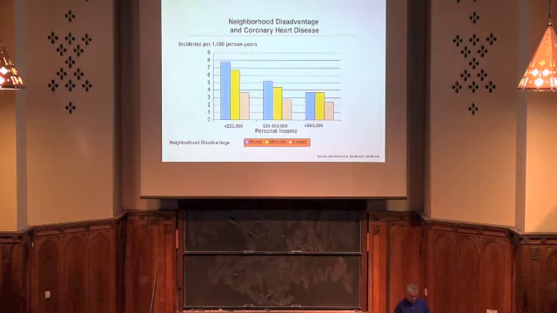And so here are the results for this study. This shows the neighborhood disadvantage in coronary heart disease. And this shows the level of neighborhood disadvantage. And this shows personal income groups. So these are the poorest people. And amongst the poorest people, those living in the most disadvantaged neighborhoods, after controlling for their own income, had the highest incidence of cardiovascular events, followed by the people living in the middle neighborhood and in the least disadvantaged neighborhood. And the same kind of monotonically declining pattern was observed in the middle income, and among the high income,